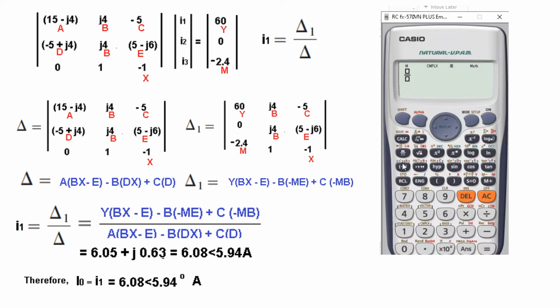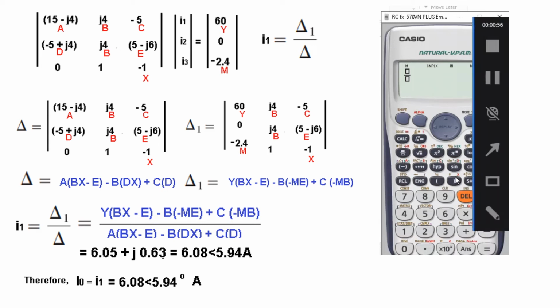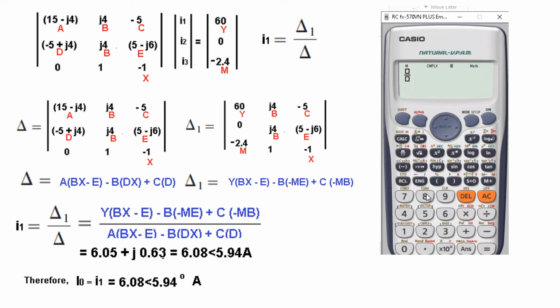All these values you can see, A, B, C, D, E, F, X and Y, M, are available to us. To get these values, we first press alpha and then the value that we want. Now we want Y first, so alpha and Y, then bracket